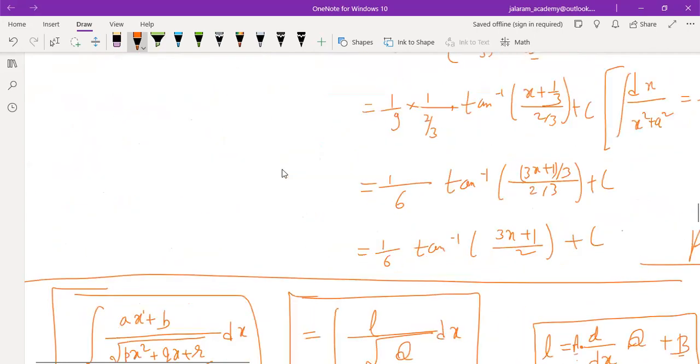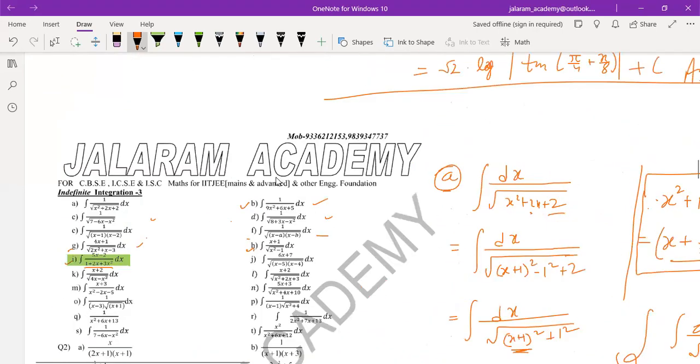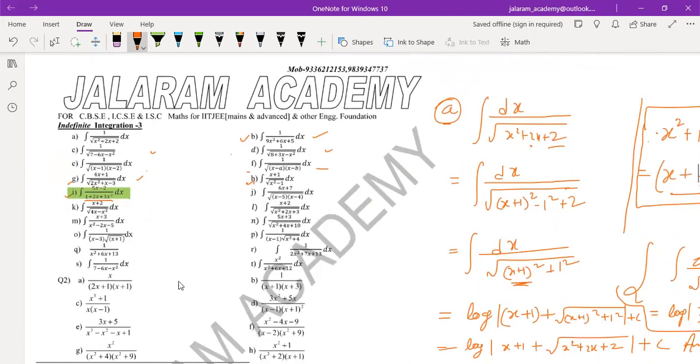Yes, sir. Similarly, we can solve the other questions of part 1 also. They use either of the methods which we have discussed today. So continue to solve and continue to ask your doubts in the comment box. Okay, everyone? So try to solve them and ask if you are not getting them. Okay. I'm ending the session now.